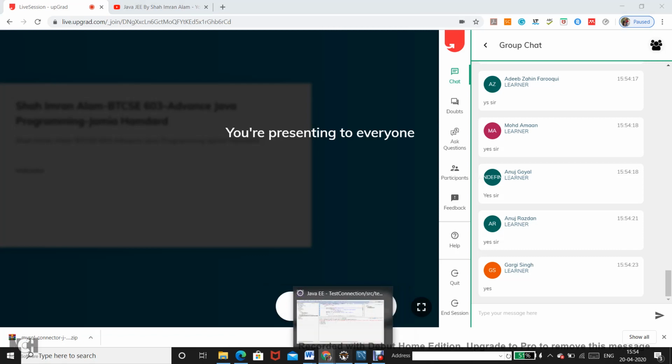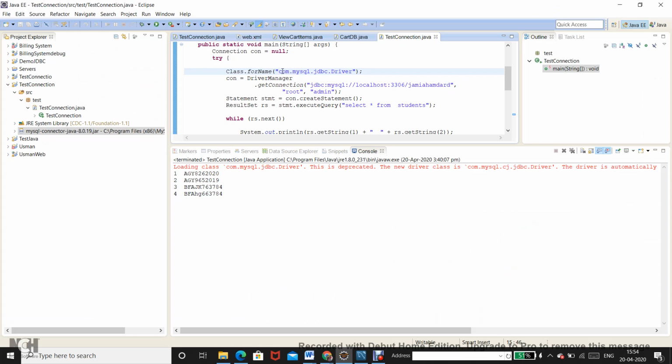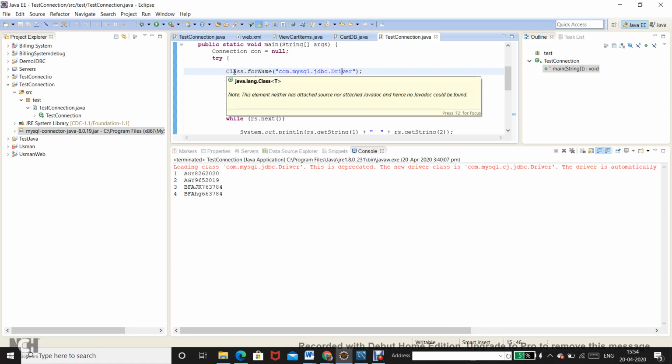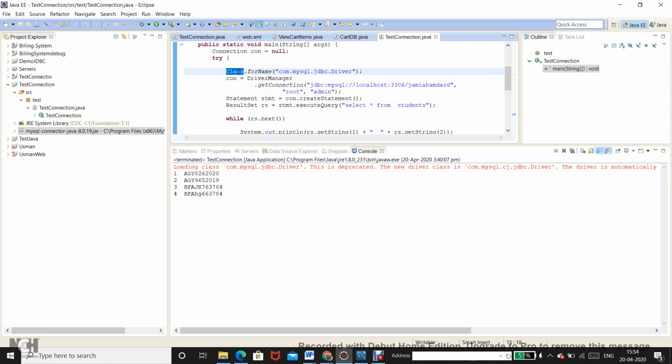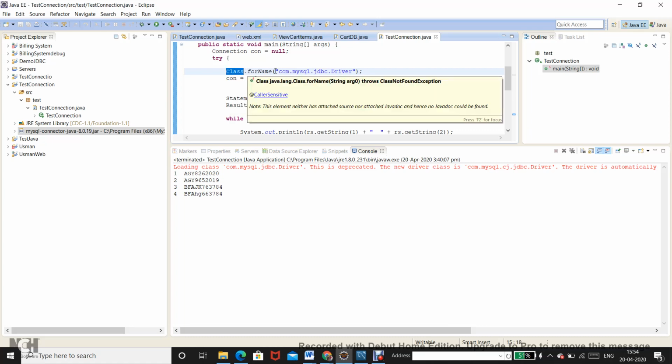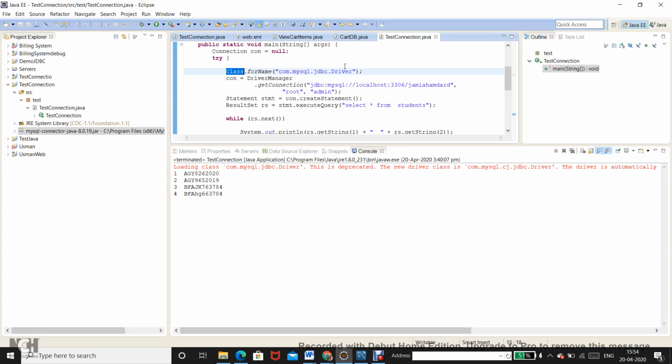The other is that this class name is passed as a string to the method called Class.forName.